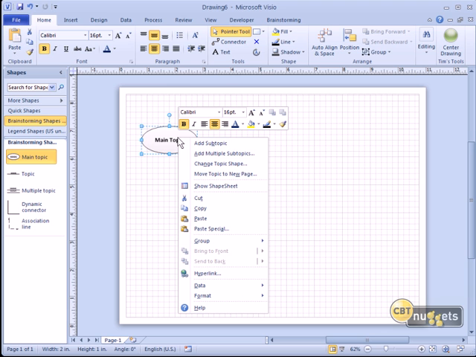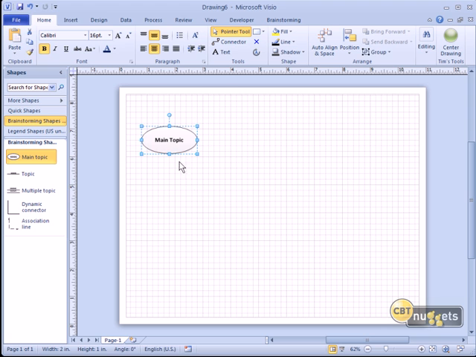If we right-click the main topic, we see some context-sensitive, what are called actions associated with that topic. In this template, you'll remember, we can quickly create a brainstorming diagram and add single subtopics, multiple subtopics, etc. I'm going to teach you a thing or two about how we actually get to that point.